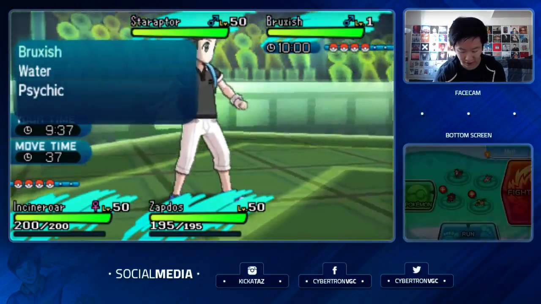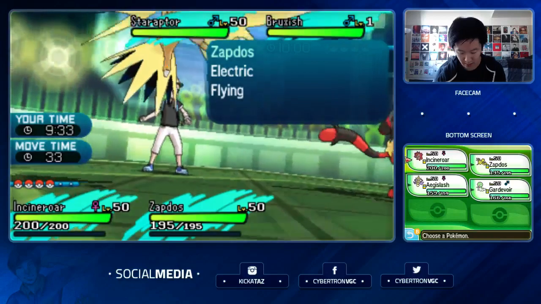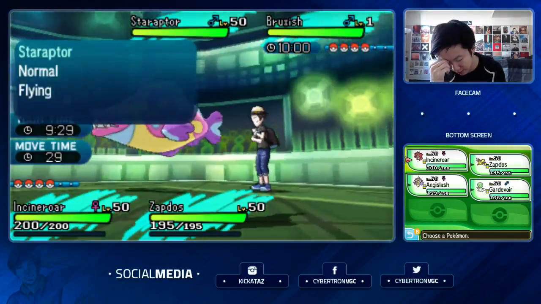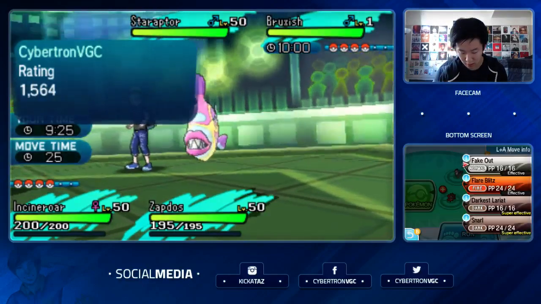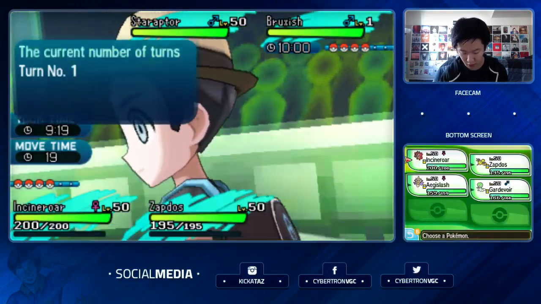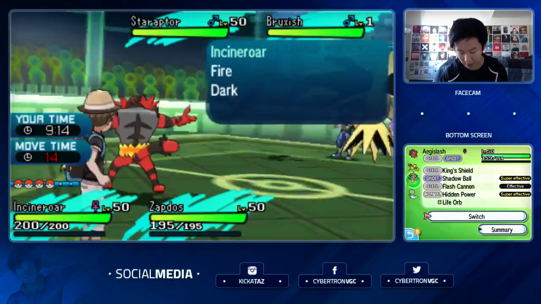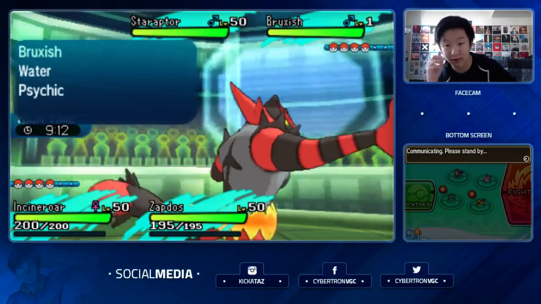Yeah, so even if I Faked Out Staraptor, that actually wouldn't really give me much mileage. Maybe I switch into Aegislash to take the Final Gambit and let Bruxish Trick Room. Okay, I'll do that. I'll Snarl and switch into Aegislash, expecting Final Gambit. Although, I guess the Raptor could target Incineroar as well. I feel like you target down Zapdos here, though, but...